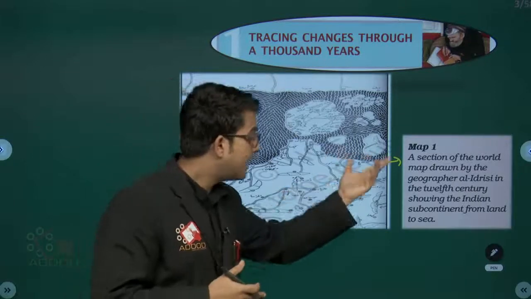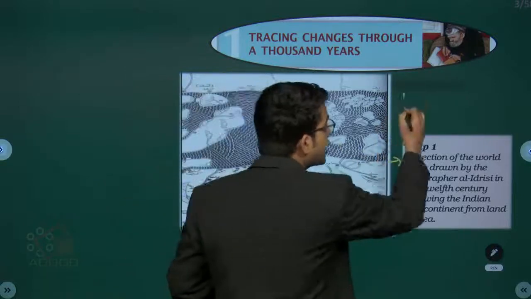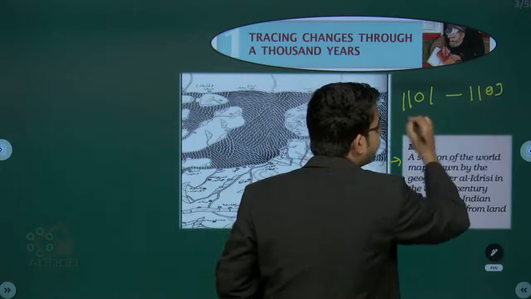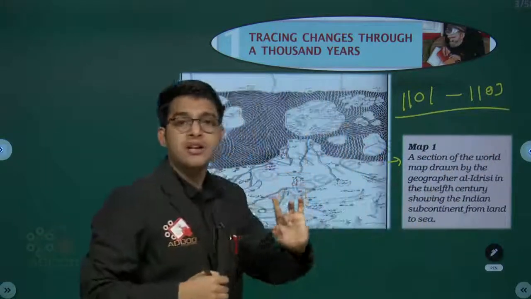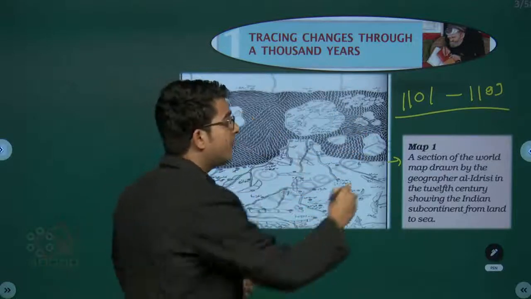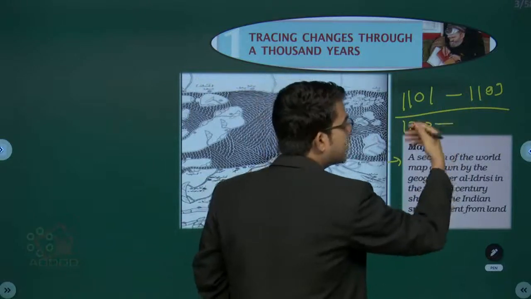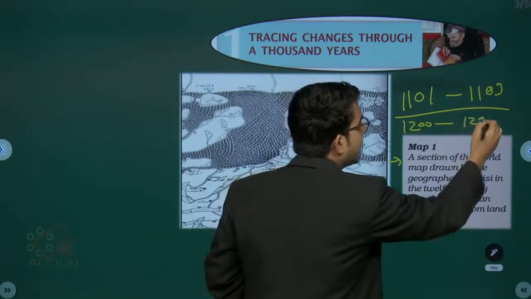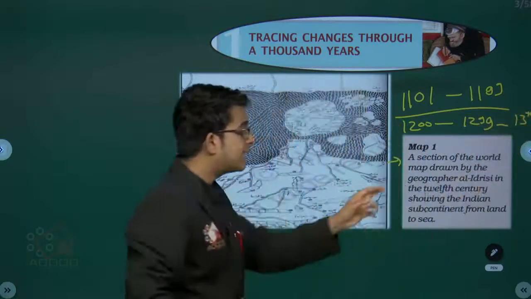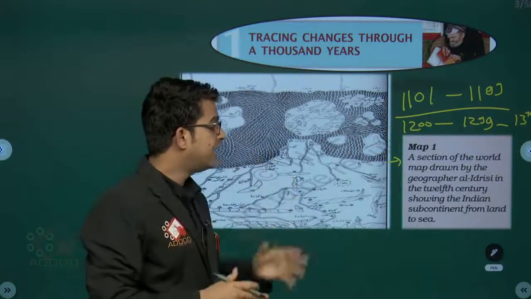Okay, so Al-Idrisi in the 12th century. The 12th century means, my dear students, we are talking about 1101 to 1199. Then 1200, and then 1201 to 1299 is the 13th century. So we are talking about Al-Idrisi, who made this in the 12th century, showing the Indian subcontinent